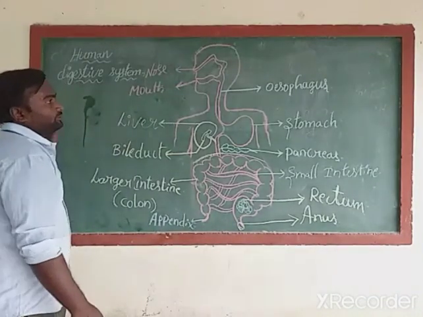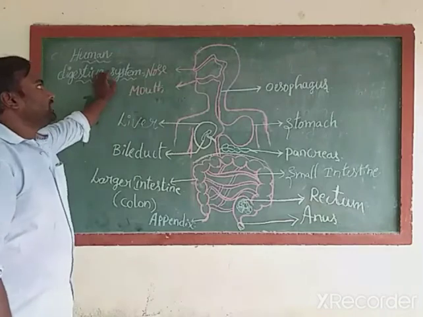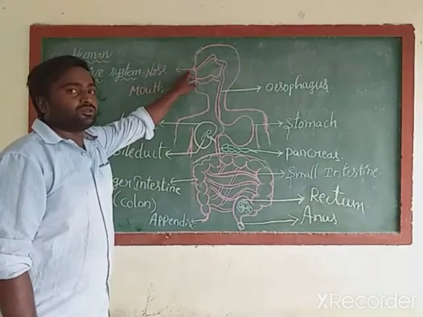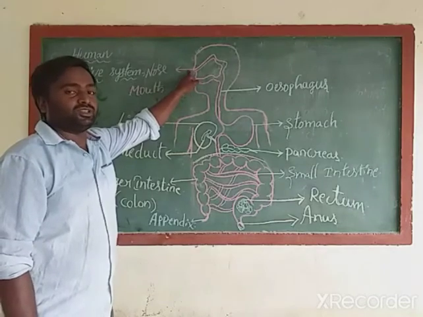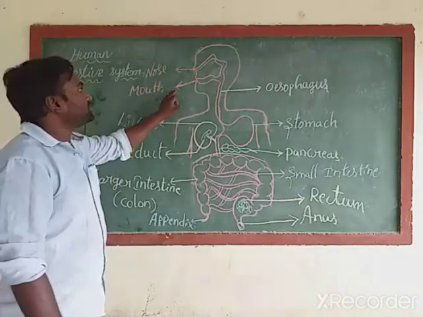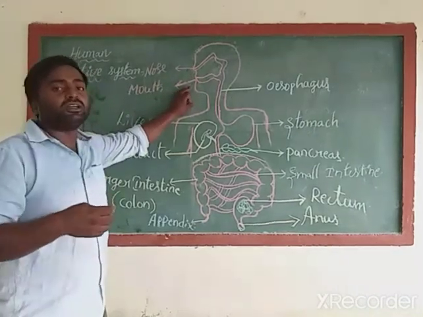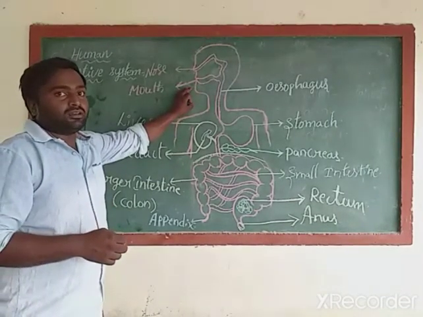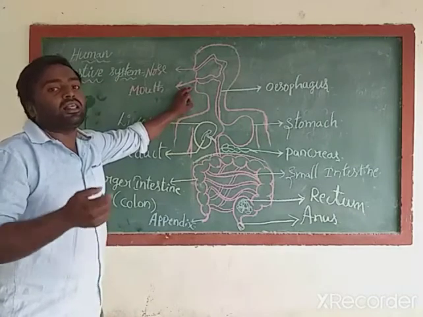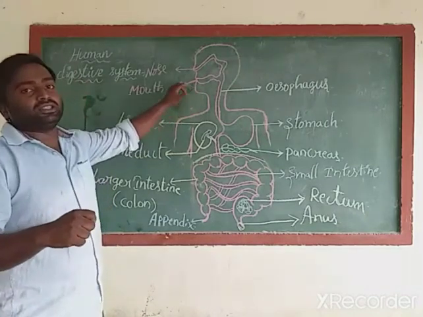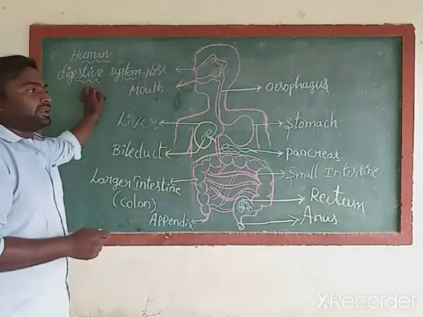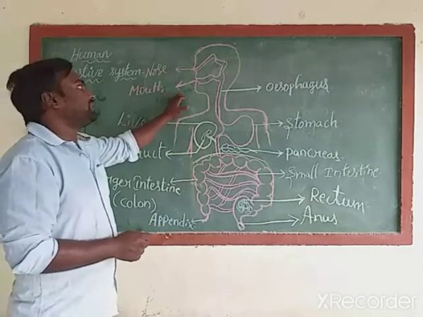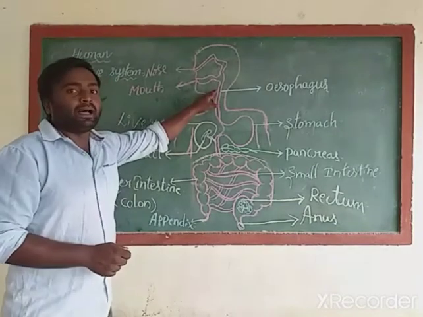Okay, now one more time I am going to explain to you. This part is nose. Nose is useful for respiration. No need to discuss the nose. This is mouth. Mouth is useful for taking in food materials, nothing but ingestion. In our mouth we have teeth. With the help of these teeth, grinding of food materials will be done. Whenever the grinding is completed, the food materials will enter a pipe-like structure.